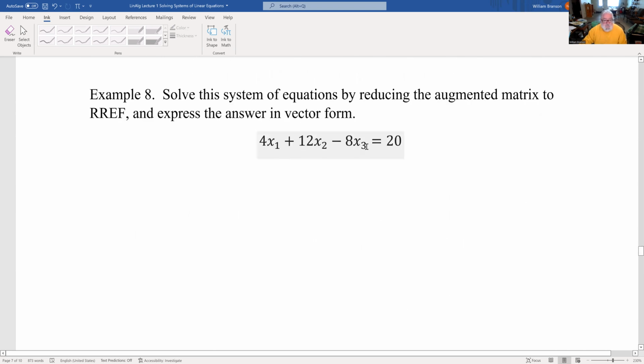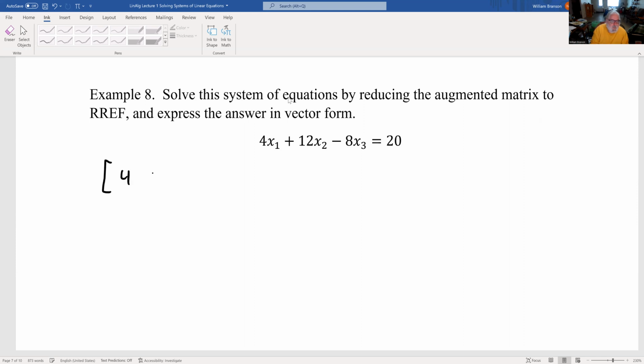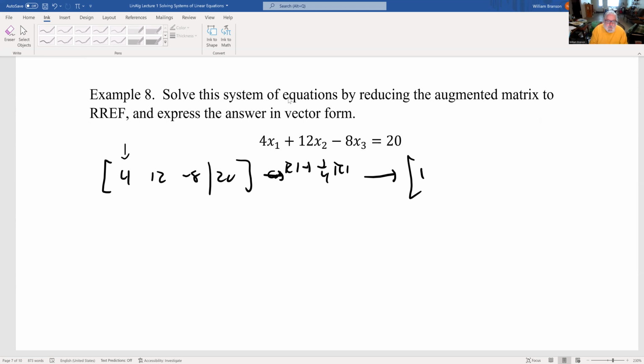Okay, so here's a system of equations. There's actually only one equation. We can reduce the augmented matrix to reduced row echelon form and express the answer in vector form. So our augmented matrix would be 4, 12, minus 8, 20. To get it to reduced row echelon form, we need to have a 1 in the first row. So we'll divide: row 1 goes to 1/4 row 1. And that would give me 1, 3, minus 2, 5. So leading 1